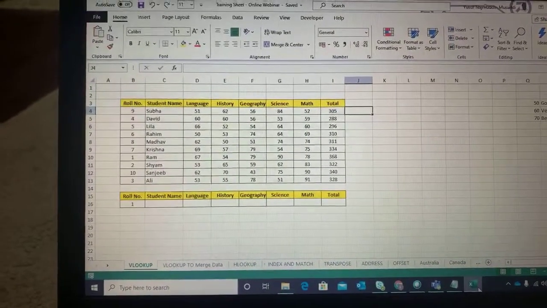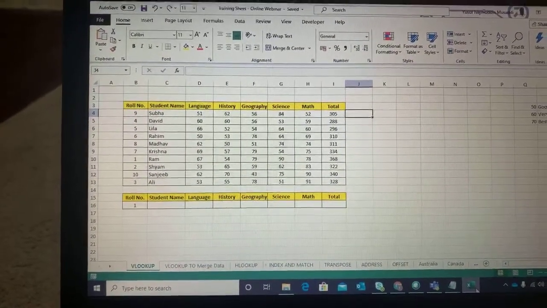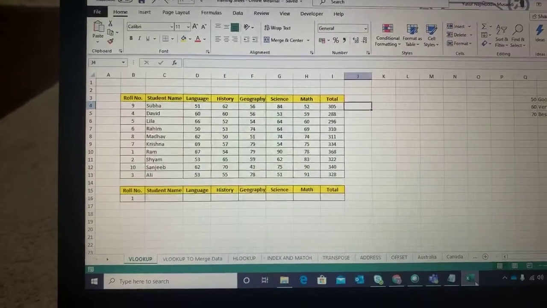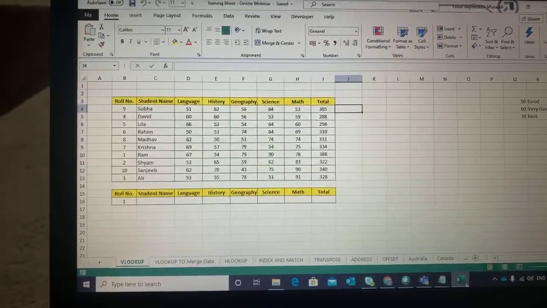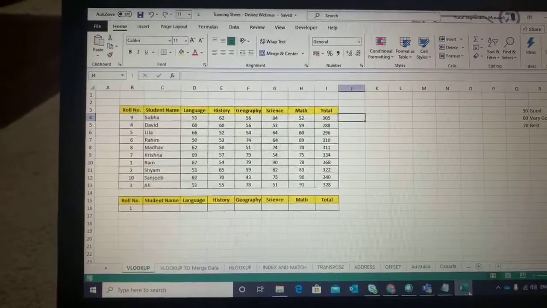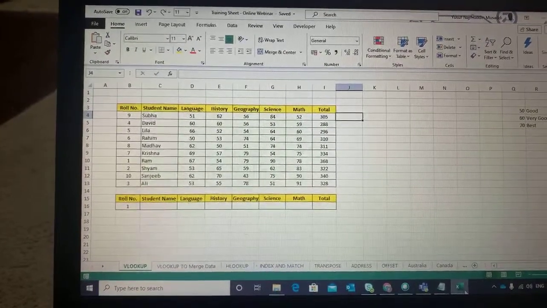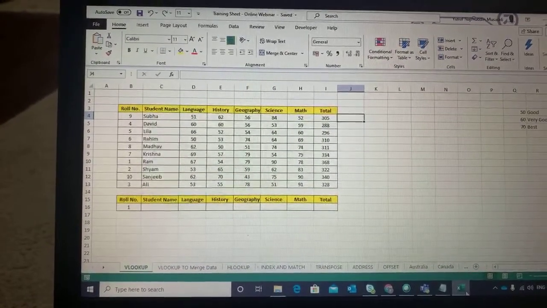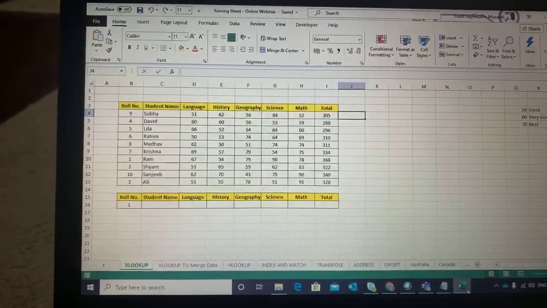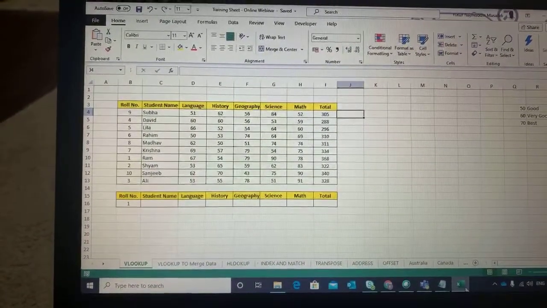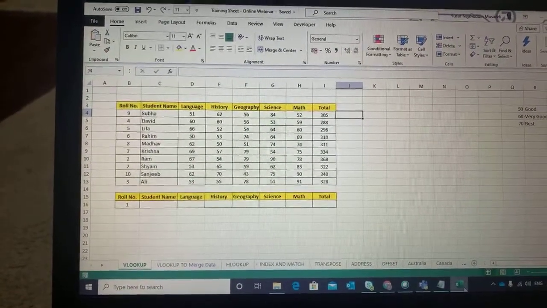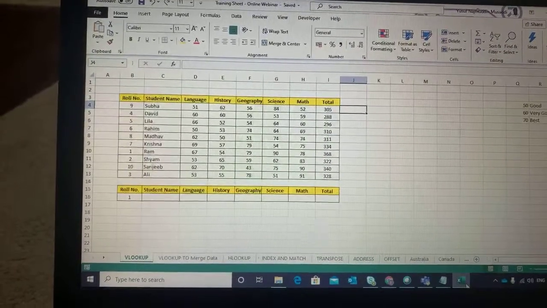So today I'm going to talk about the lookup function, the VLOOKUP function, which many of us might be using. Now what we can do is we can add various functionalities, or we can use this VLOOKUP function in different ways. There are of course certain drawbacks to this function also, which I would be letting you all know.